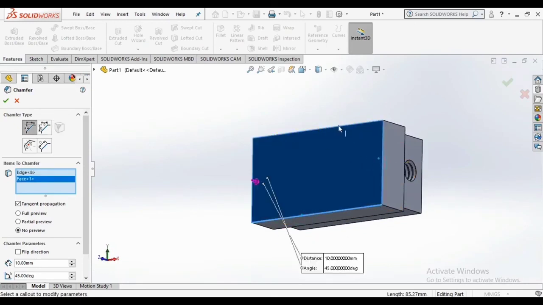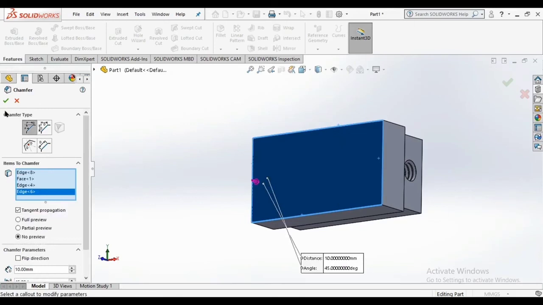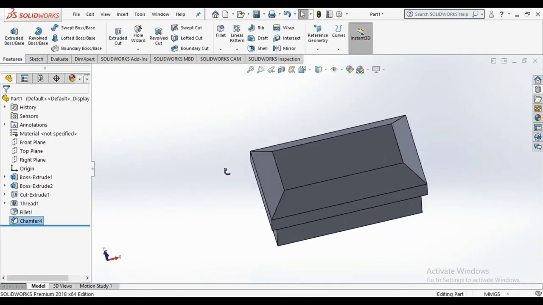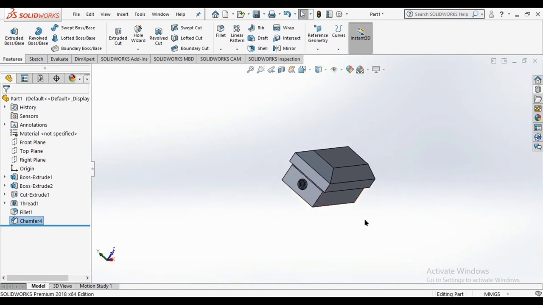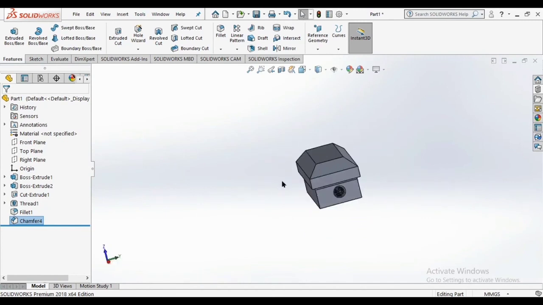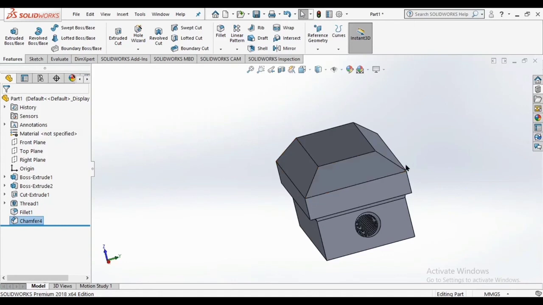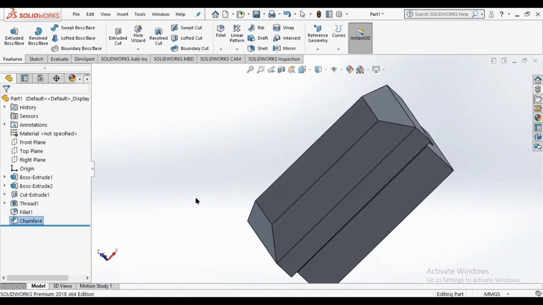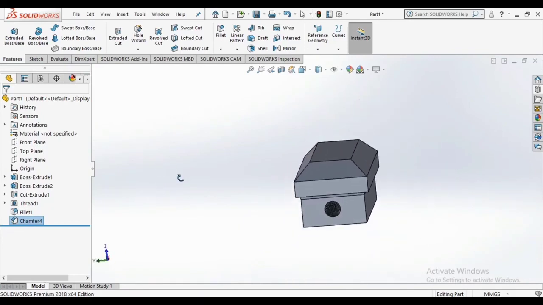You have to just select the upper ones, so click OK. Now good. So this was the chamfer command. It doesn't curve the corners, but instead puts them on an angle and cuts them.